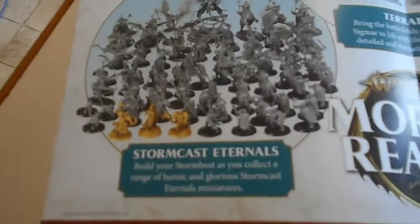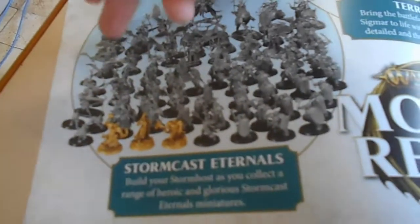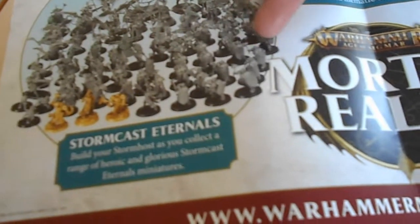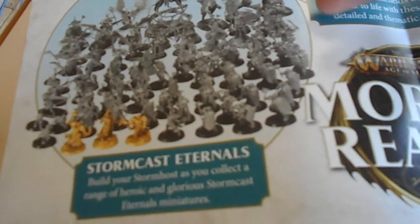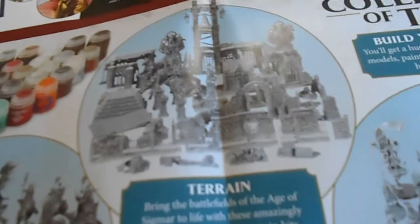So on the Stormcast side, we've got the big wing boys, smaller wing boys, Griffin Riders, the 3 gold ones we have from the thing, a whole lot of others. We have some more Griffin Riders. We have some funky medieval gothic fantasy terrain. And then we have a whole lot of undead stuff. All I'm seeing really is a lot of the undead stuff. I'm not actually seeing much in the way of vampires, which